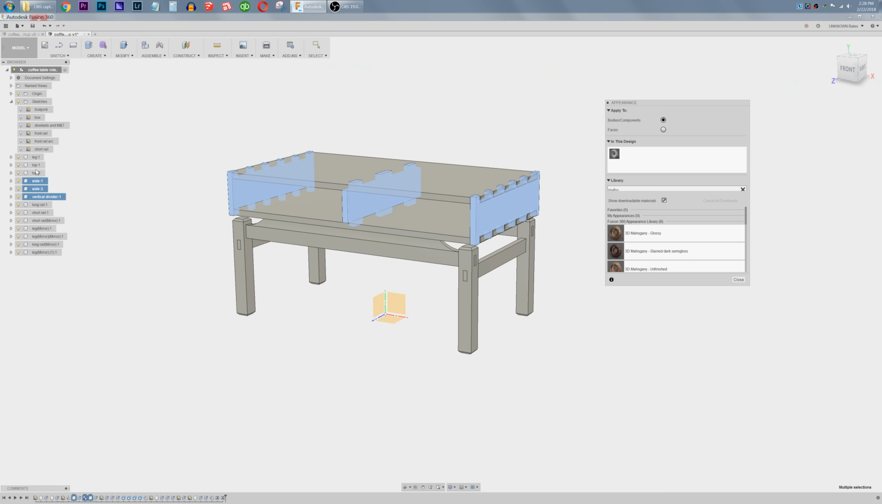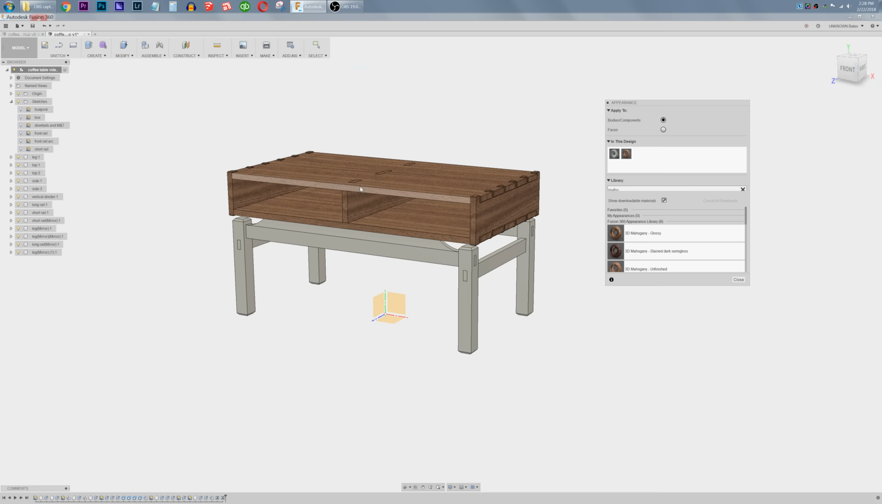Vertical divider, side, top, and top. I will grab unfinished mahogany and drop it off at these components, and there you go. Now the leg,